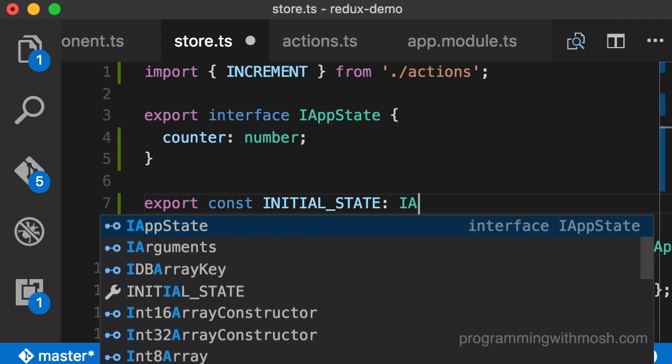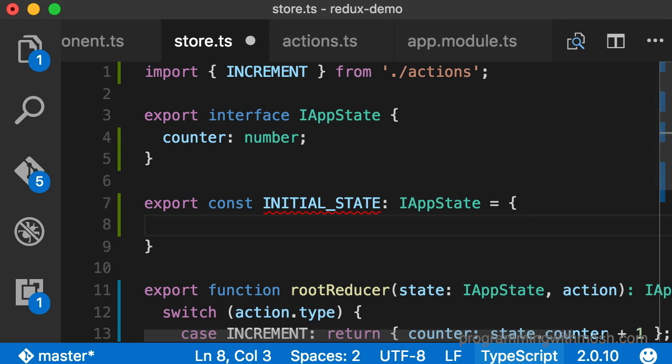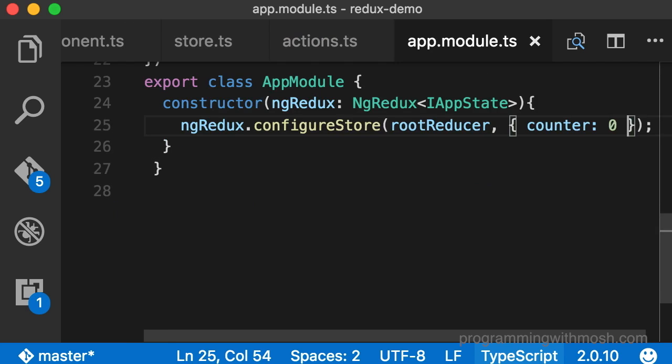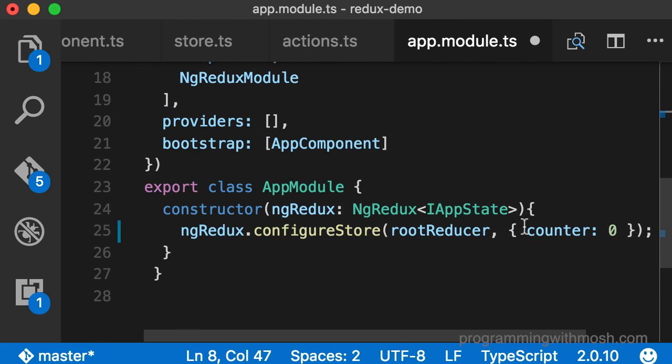This is of type iAppState, and I'm going to set this to this object with counter set to 0. Now next time we're going to modify the iAppState interface, we can immediately modify this initial state if necessary. We don't have to jump back and forth between the store and the app module. So now let's go to the app module and import initial state from the store, and then replace this object here